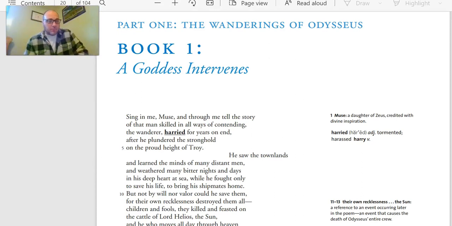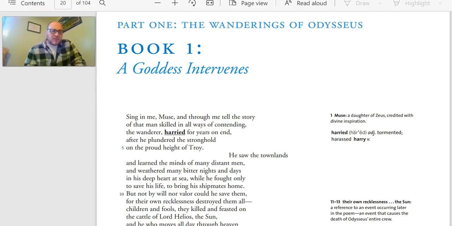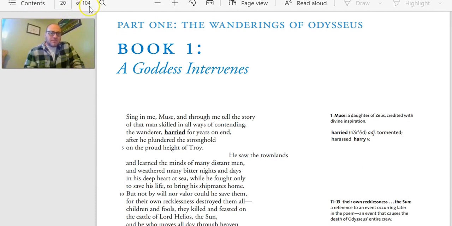It's a long book. And if you look here, you can see just above me that you've got 104 pages of text as opposed to 500. Also, this starts on page 20. There's literally 20 pages of build up and helping you understand the Odyssey stuff before this in the book,